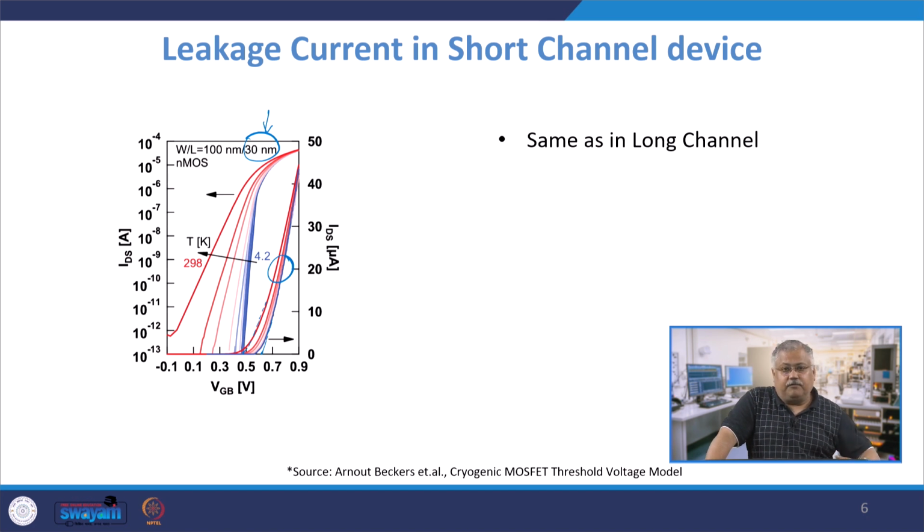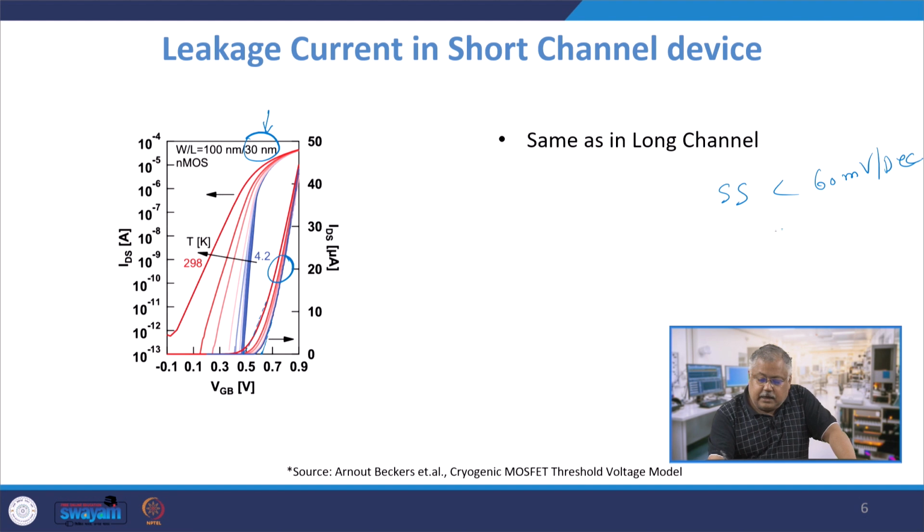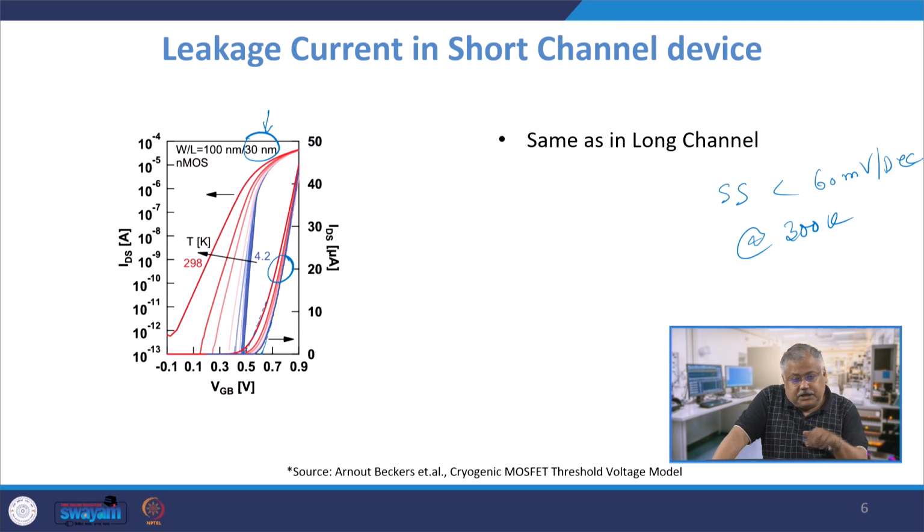That is the whole idea of a subthreshold slope, right. And we know that at 300 Kelvin the subthreshold slope ideally cannot go below 60 millivolts per decade. So my SS cannot go below 60 millivolts per decade at 300 Kelvin. However, that is not true as you go down, right. As you go down, the subthreshold slope tends to become smaller and smaller, and that can be seen from this